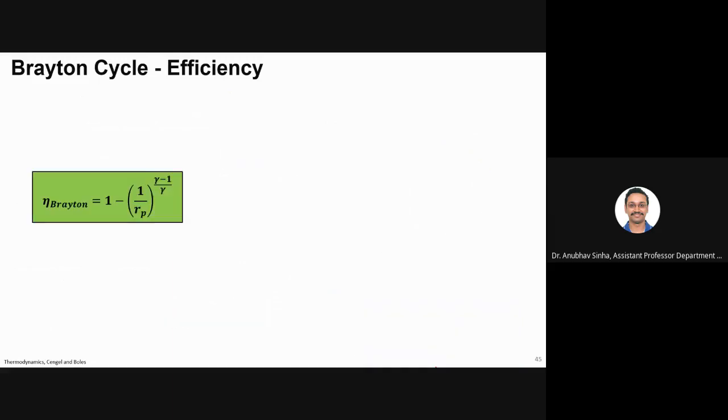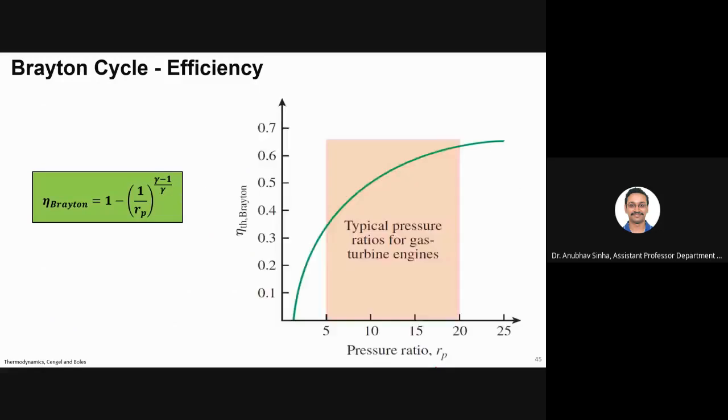Fine. So let us see how this efficiency varies. In a similar fashion, if you increase the pressure ratio, the efficiency of the Brayton cycle increases. This follows the same trend that we have seen for both the Otto and diesel cycles. This is the range of pressure ratios, from this book. Nowadays we have pressure ratios which are much higher. In fact, I worked on the latest engine which has a pressure ratio of more than 30 to 40. So if you keep on increasing the pressure ratio, you get more and more efficiency.